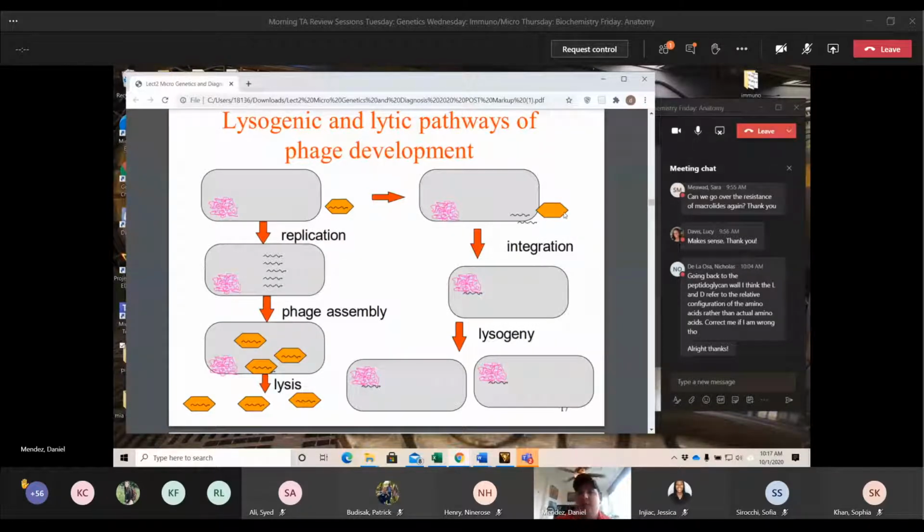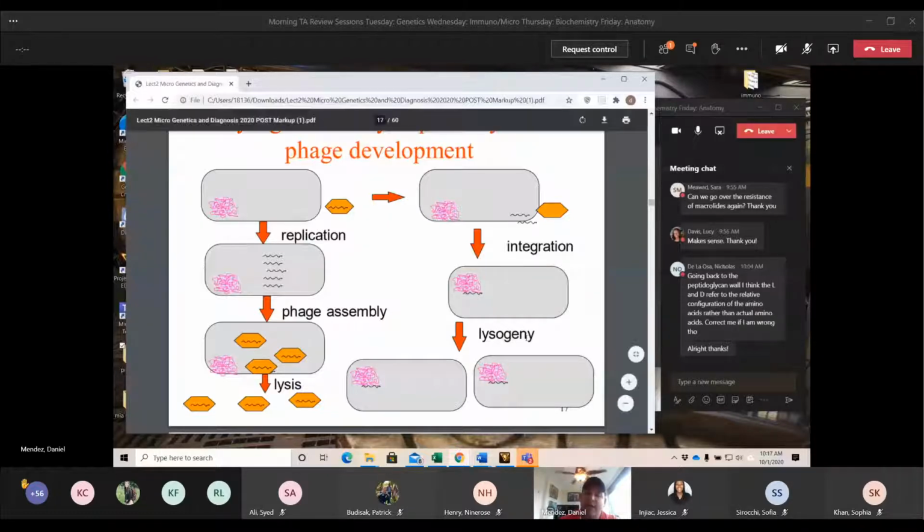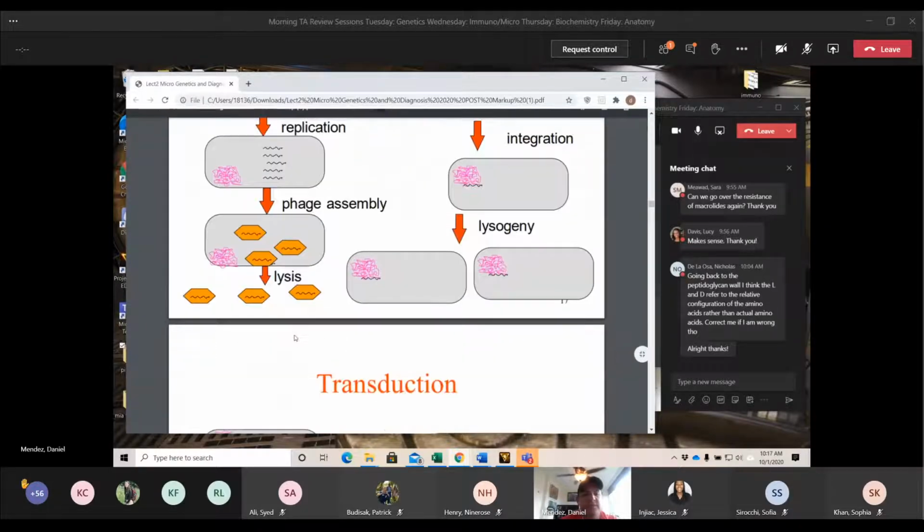In lysogenic, we can see here that we inject the genetic material. That genetic material will then integrate into the nucleoid. As it does, when the bacteria go through replication, we'll see more bacteria that have that integrated genetic material. Over time, this genetic material will then activate and start creating phage, and then it will lead to lysis. So this integration pathway, the lysogenic pathway, will go here, and then it can come right back up into replication and go into lysis. So this one's going to integrate the DNA. This one's not going to integrate it. This one's just going to cause direct death. So make sure you can note those two differences.